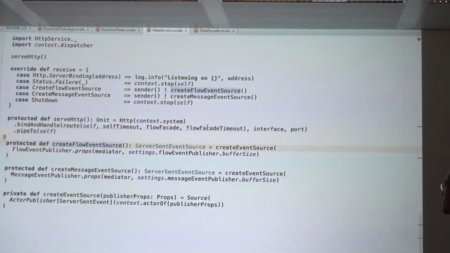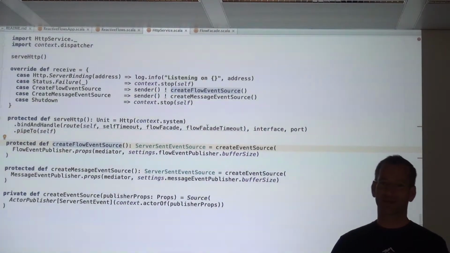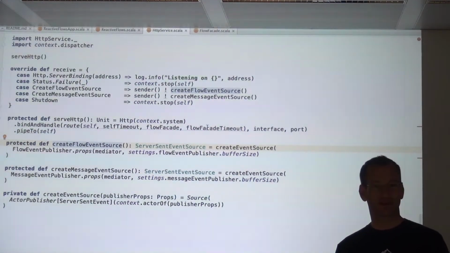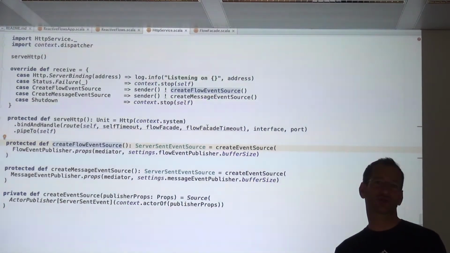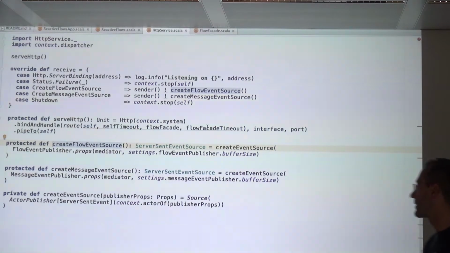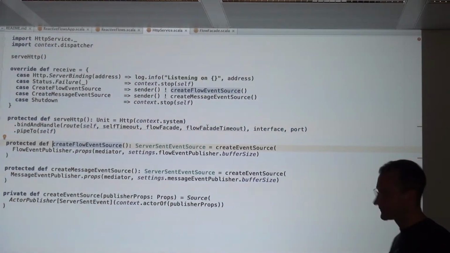Essentially, we use the Scala Stream API. The Scala Stream API is like a twin or a companion of the Akka HTTP API. It's a little more low-level and more generic. So there are sources and sinks and publishers and subscribers and stuff like that. So all we do is we create another actor.